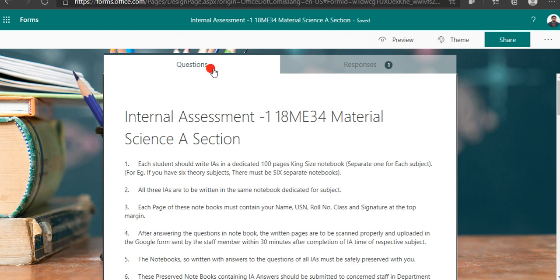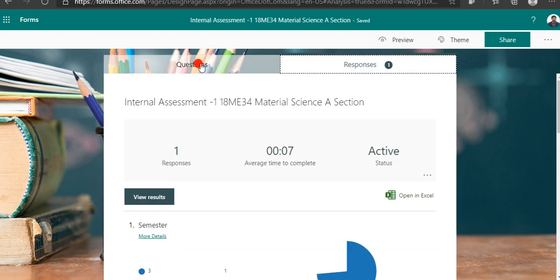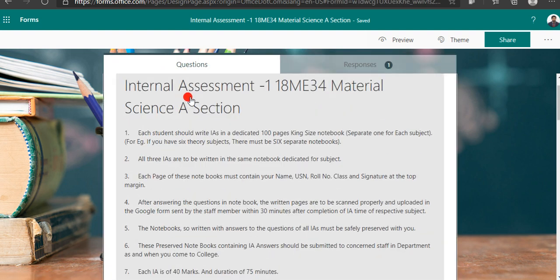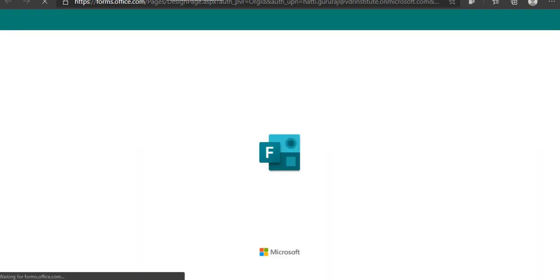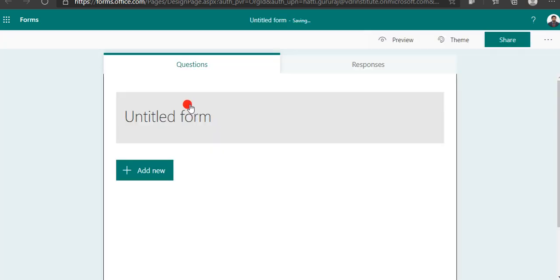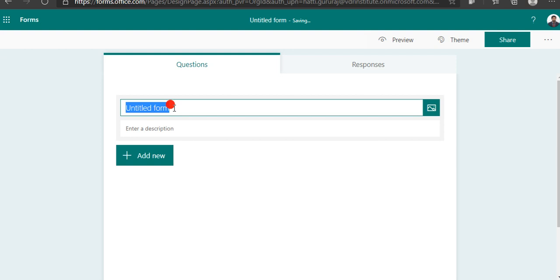There will be two things: one is the Questions tab, the other one is Responses. In the responses, you will see all the required things. For example, first I will click here on the untitled form.